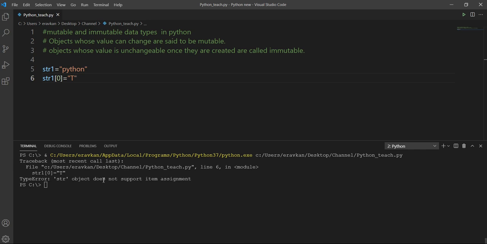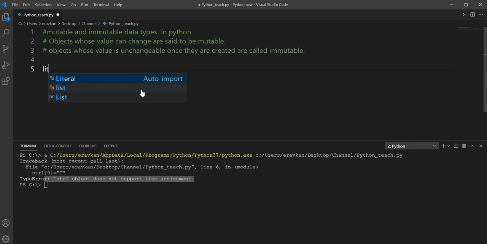It's giving me an error: string doesn't support item assignment. So our string is immutable, so I cannot modify the value of my string. I cannot replace any of the elements in my string. So these are called immutable data types. So far clear? Then we have a list.